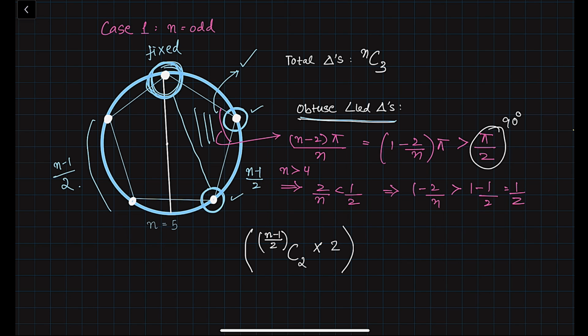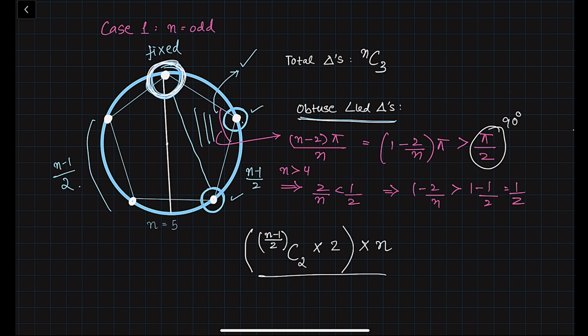Now we have fixed one point. Now this fixed point has n possible choices, right? For the nine-sided polygon, so it should be into n. This is the preliminary formula for the obtuse angle triangle. Now let us see whether we have taken some extra cases. So we have counted some cases more than one.